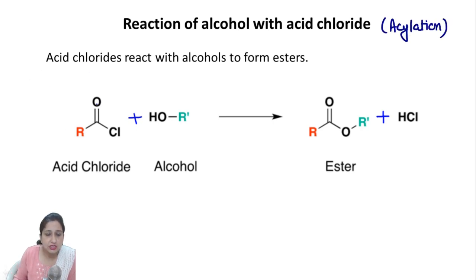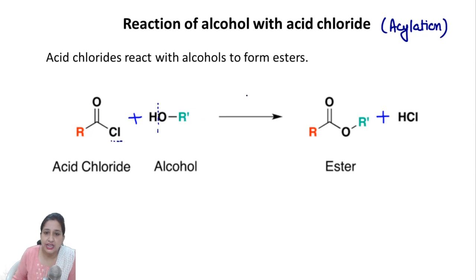Acid chlorides. So this is your acid chloride reacts with alcohols to form again esters. Okay? But we are taking acid chlorides here, not acids simply. In esterification we also take acid, RCOOH, but in this case we are taking acid chloride. So again cleavage of this OH. So H from here and Cl from here, they will be removed as HCl and we will get ester, RCOOR'. Clear beta?